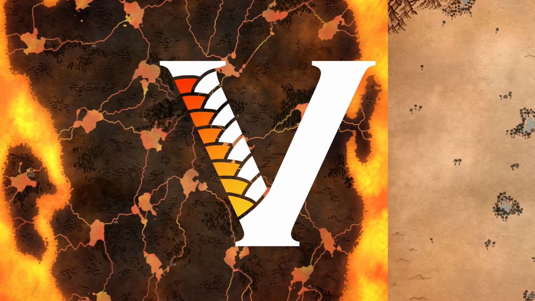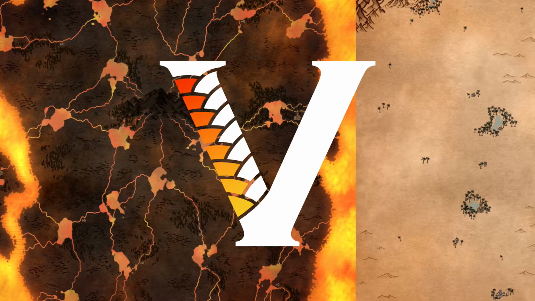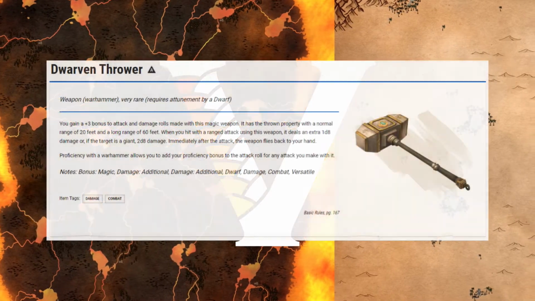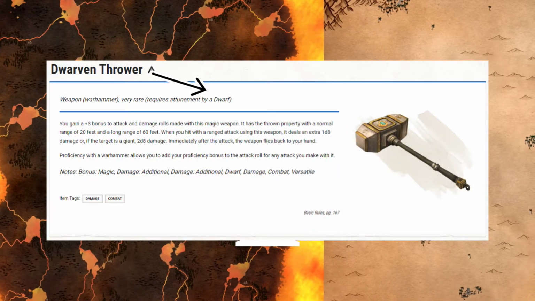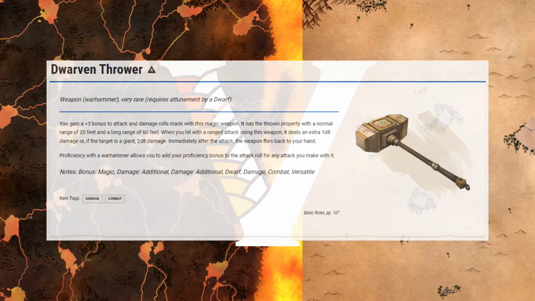Speaking of having a character in mind, tip 4. Know when to use prerequisites. Sometimes you're going to have a specific character in mind when you're building an item, or you'll be working on something that only really makes sense for a certain class. When this is the case, try to assign prerequisites that will make it clear who the magic item is intended